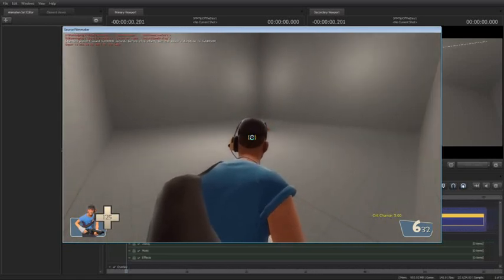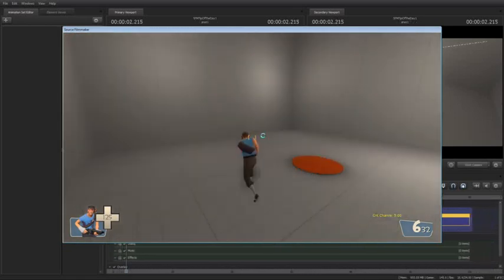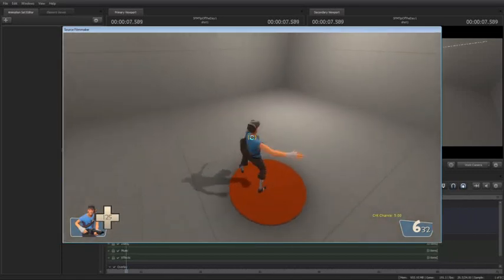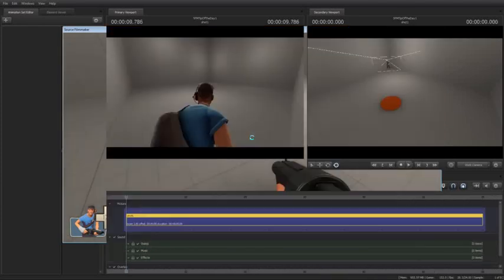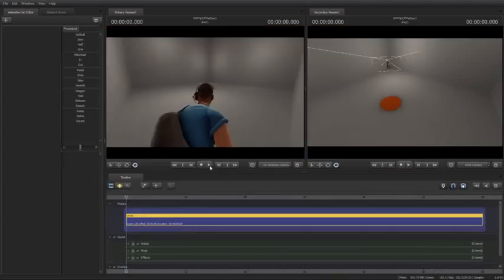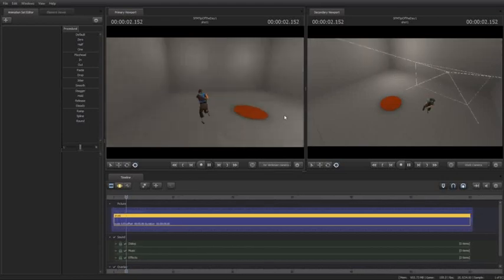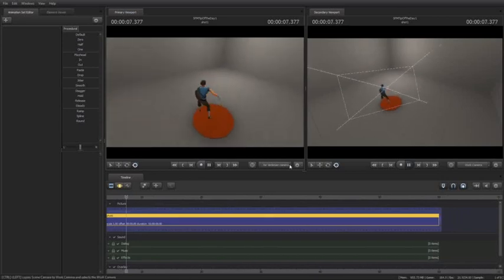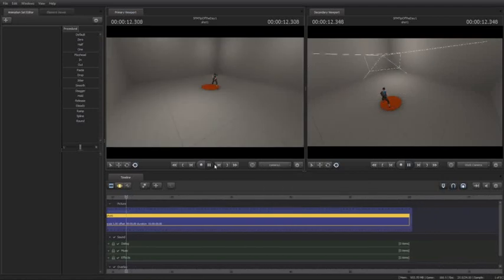Beep, beep, beep, beep. All right, I'm going to run around in a happy little circle. I'm going to stand here on the circle, and then I'm going to taunt. And we're done. Now I can play this, and it will follow me with the player camera. I can switch to the camera I created before, press stop here and play it again, and you see me run through from a static camera. Either way, I now have a timeline sequence here, and that's great.